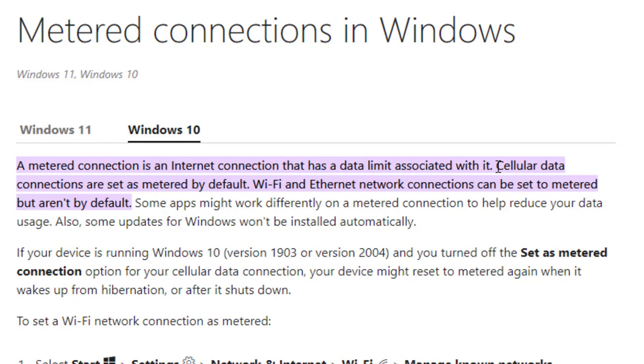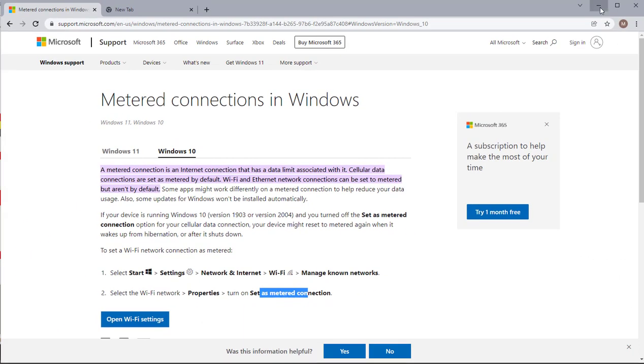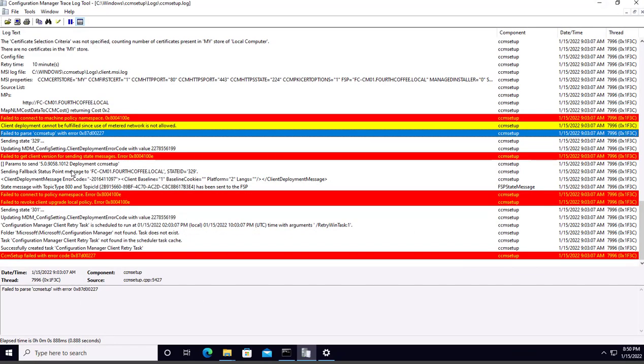This feature is useful if a device is trying to get certain updates and metering is turned on, for example when a device is using a mobile hotspot with a limited data pack, so that unwanted updates can be restricted. However, in our case, as we are installing the SCCM client, it is trying to get the data, but this metering is stopping it.